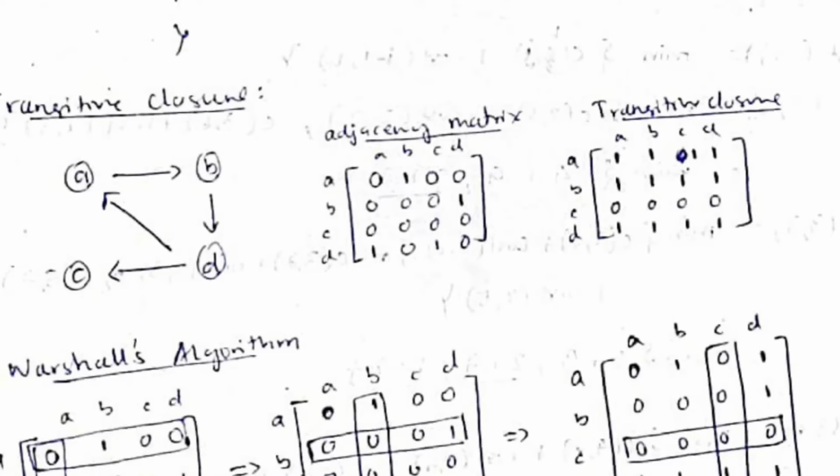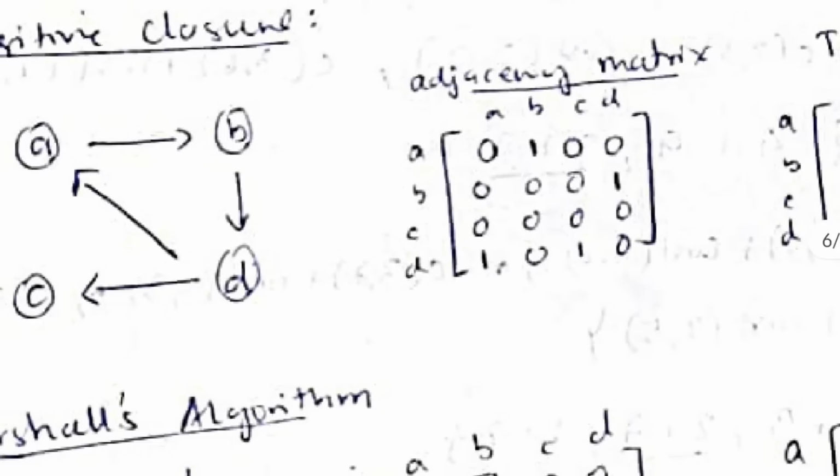In here, between two vertices where we have an edge, I will be marking it as 1. Between A and B I have an edge, so I will be marking it here as 1. And for the rest of the cases, like between A to C, there is no edge, so I'll be writing 0. Between A to C I'll be marking 0. In that way I'll be filling the adjacency matrix.